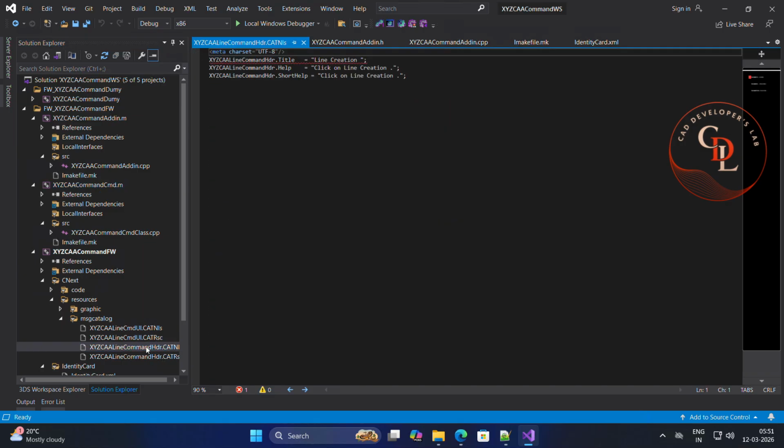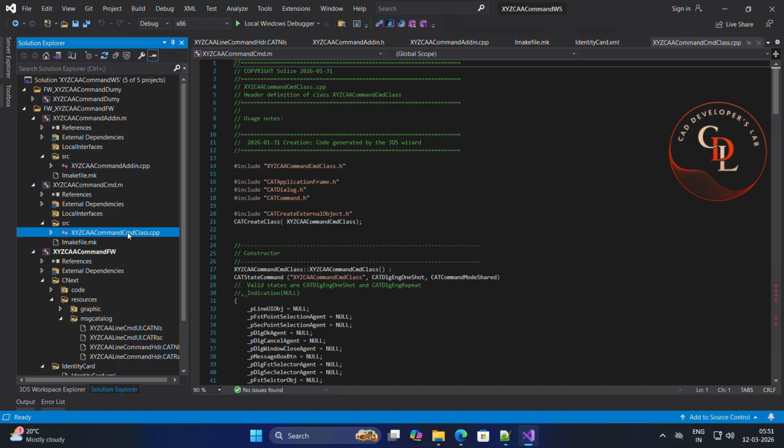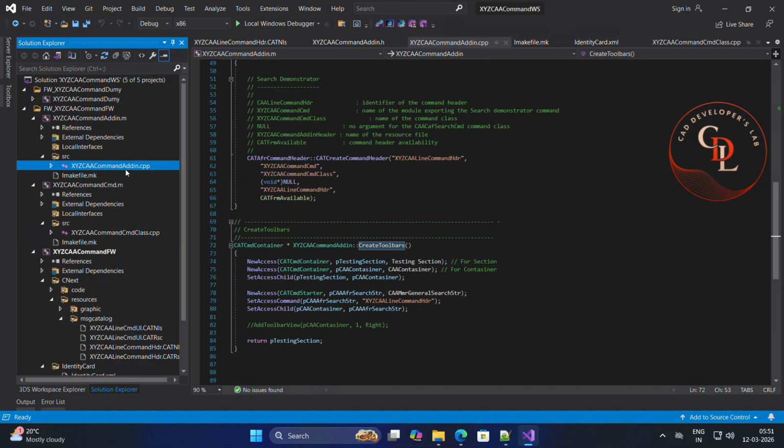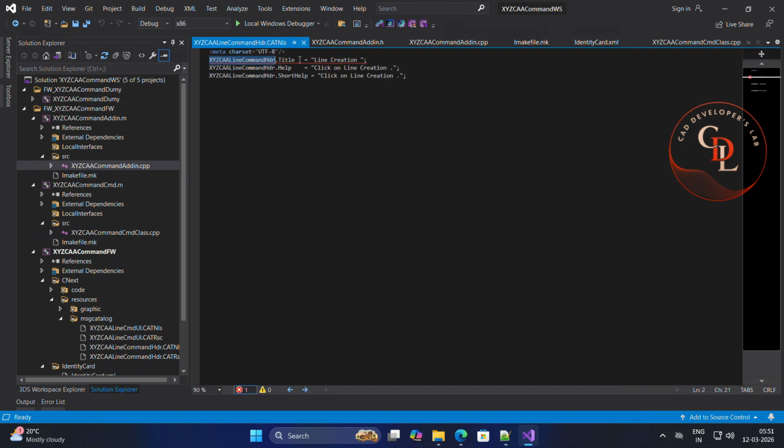So this is the command header, which is helpful for the add-in class. Here I have given the header name that we mentioned in our add-in class. Sorry, this is the add-in class, so this is our header name. The same header name we have to mention in our NLS, header dot title. This title will be visible, line creation, and header dot help. Once you move your cursor, at the left bottom side it will show the help for line creation,